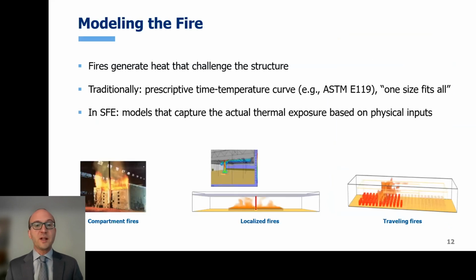So the previous slides showed works on the material models. We also need models that predict the fire development in buildings. What happens when a fire develops in a building compartment is that it generates heat, and that heat challenges the structure. In structural fire engineering, when we simulate the response, we don't want to work with a prescriptive time temperature